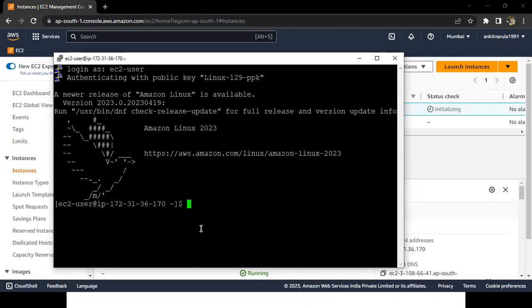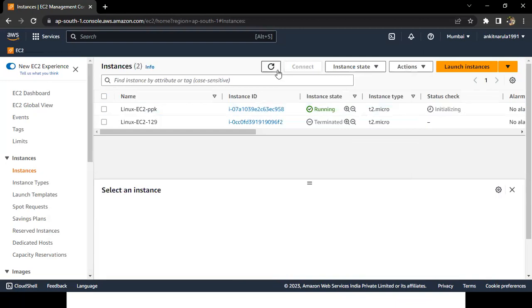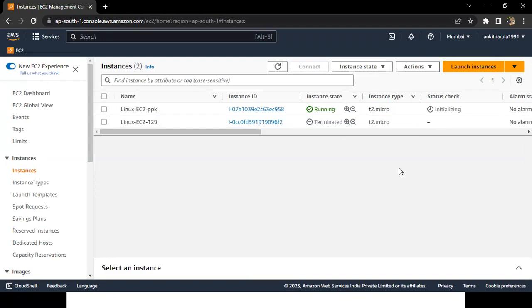This is how we can also create a PPK file, and connect to our AWS EC2 machine with the help of code. But again, I'm telling you, the option which I have shown you right now is just for your knowledge and for your interview purpose. This option we are not going to use in our upcoming session, because